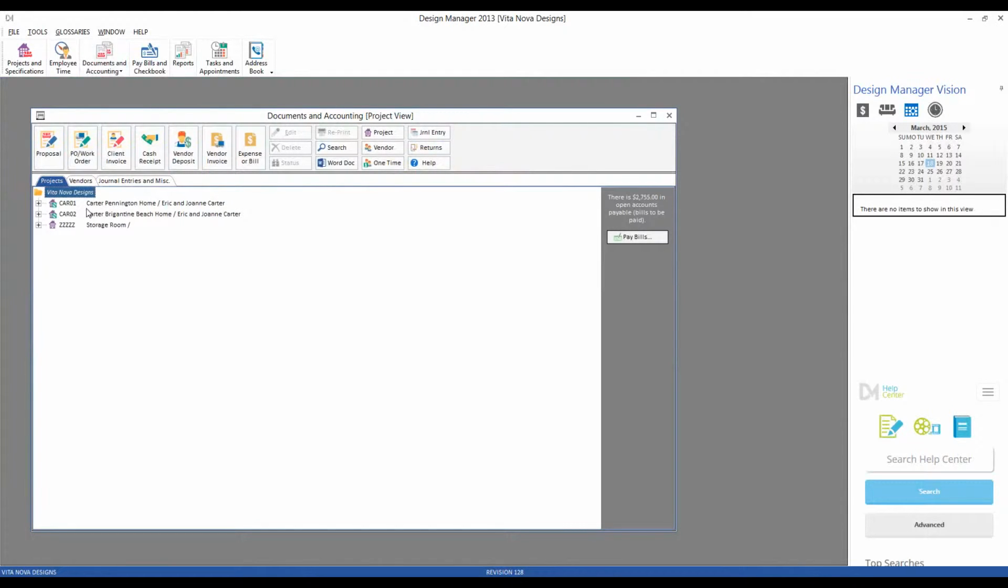And on the Documents and Accounting window, we see our familiar tree structure. Here are our two projects for the Carters, the Pennington Home and the Brigantine Beach Home. But rather than seeing our locations, items, and components, we can now see our working folders for our proposals, purchase orders, and invoices. To make a new proposal for the Carters Brigantine Beach Home, we can go right down to our proposal folder, right-click, and do new proposal, or just simply click the proposal button on the top toolbar. Either way gets us to our